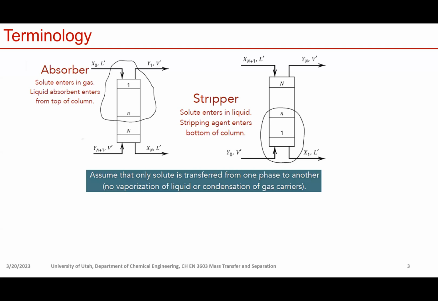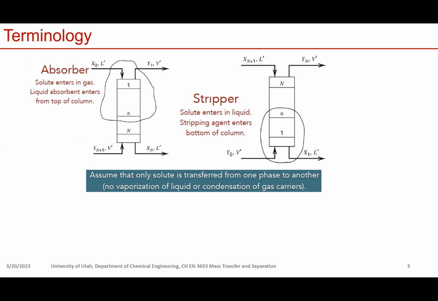So we use the L prime and V prime, and that's the solute-free flow rate, right? To describe the flow rate for the two phases and two exit streams. And the reason we do that is if we assume in the whole mixing process only the solute is transferred from the gas stream into the liquid stream, and the gas stream does not condense and the liquid stream does not vaporize, then the solute-free flow rate for the liquid phase and the vapor phase will stay the same,